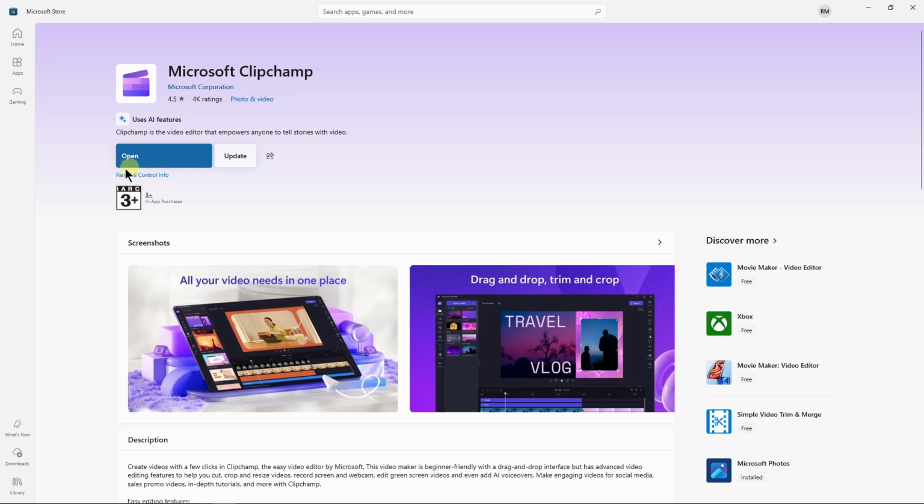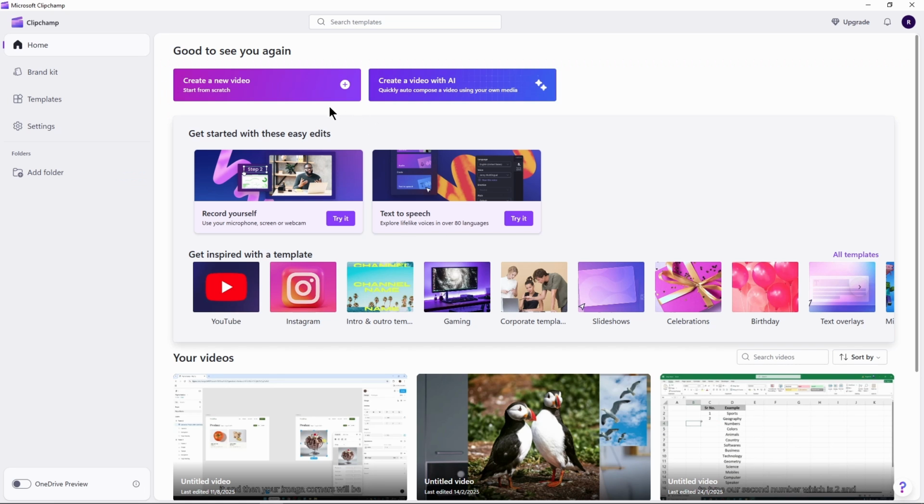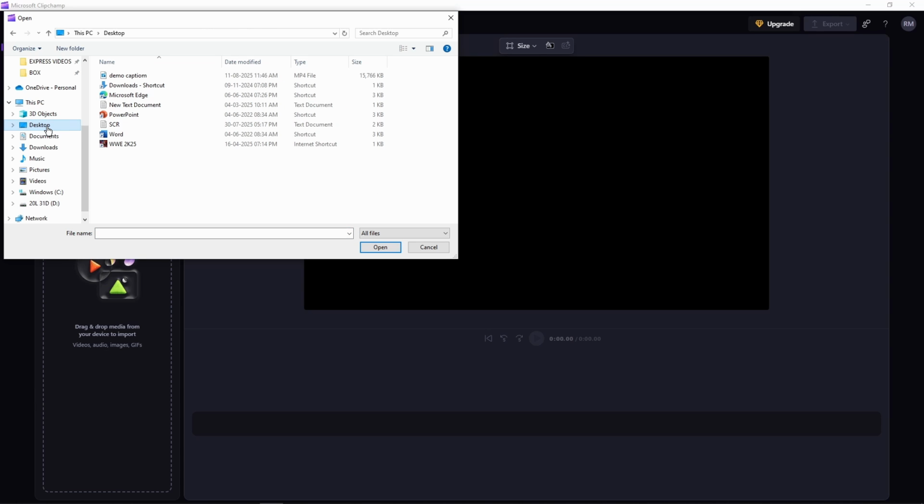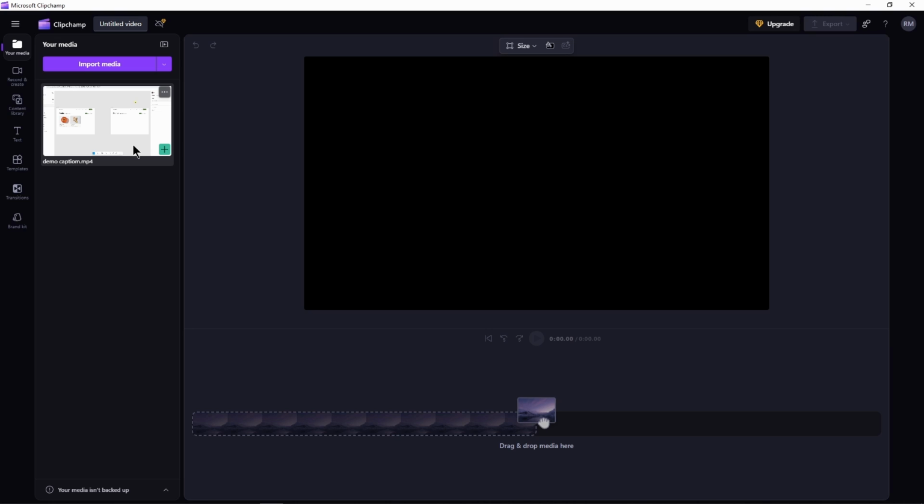Once you download and install it, open the software and click on create a new video, and then it will start a new project here. Click on import media and select the video file which we just exported from DaVinci Resolve. I saved it on my desktop. I need to select it and now select the video file and click on open. And now once the file is imported here, we just need to drag and drop it onto the Clipchamp timeline